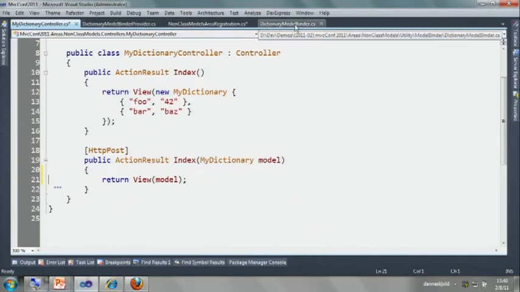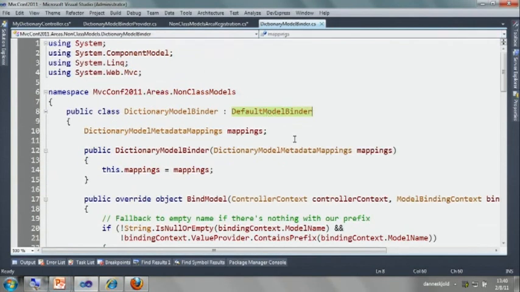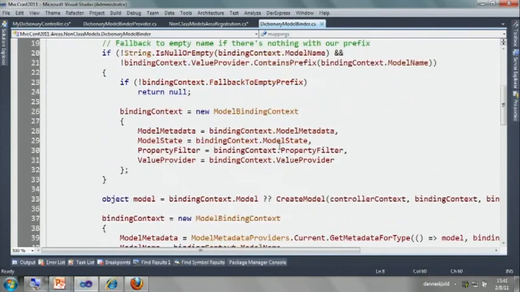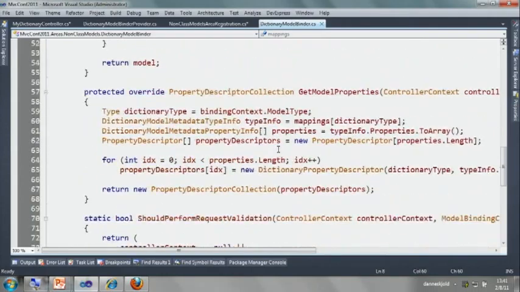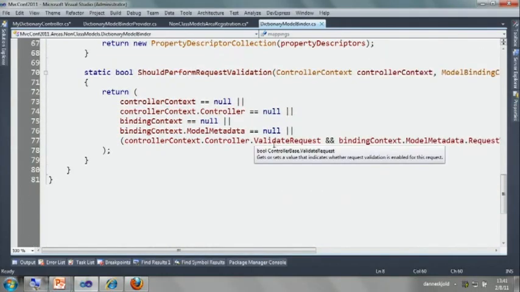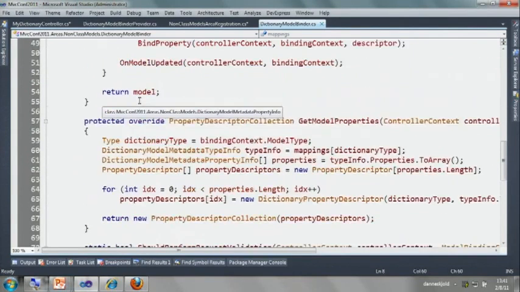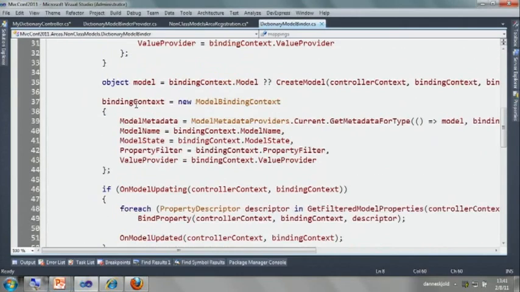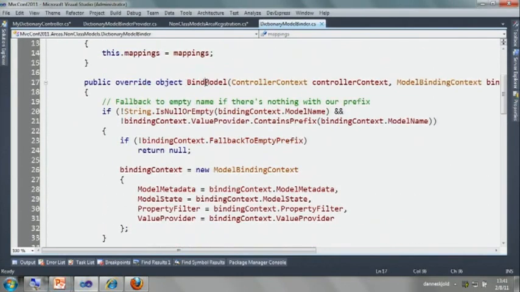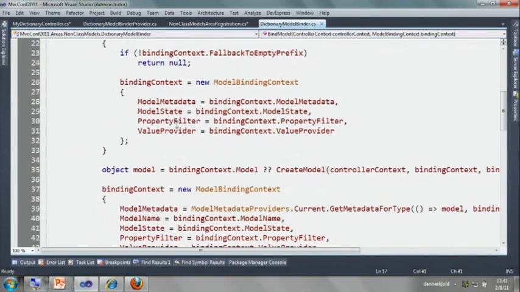So writing the model binder for this meant I wanted to override the default model binder. And this code is a little bit complicated, as you can see. It's probably more complicated than it needs to be, but we're aware that the model binding situation is a little complex, and we have an alternative implementation inside of MVC Futures, which is much simpler to plug into. But I wanted to show this example as a plugin directly into MVC itself as we ship it. But the primary thing we need to do is twofold. One is bind model is going to bind the dictionary itself, and